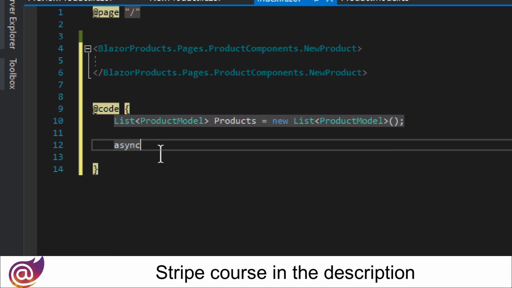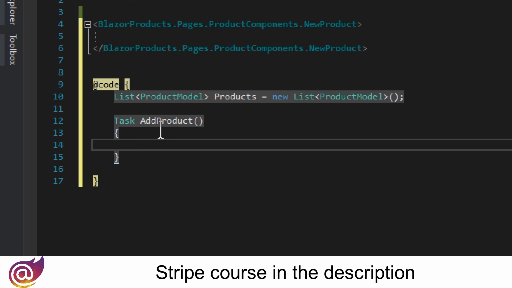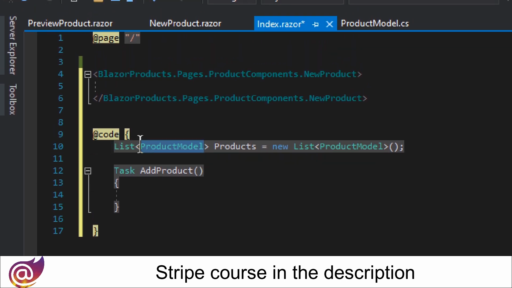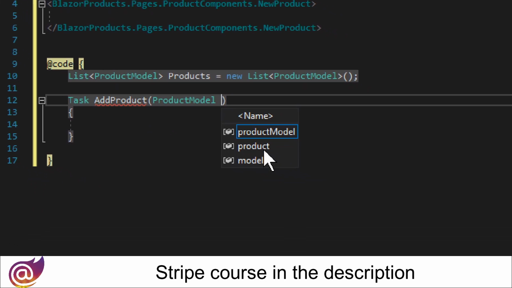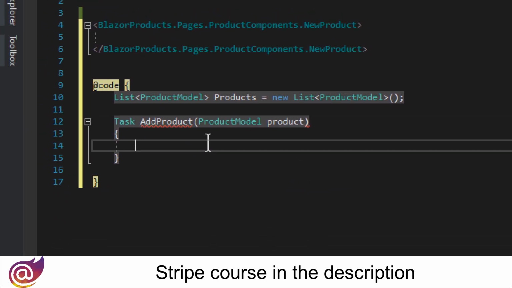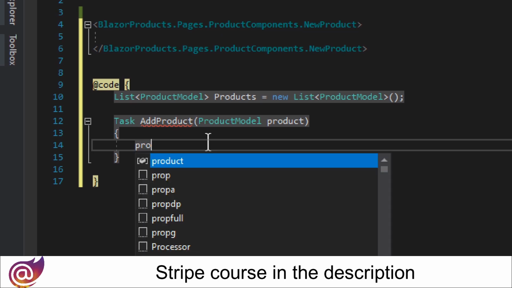Okay, so let's do async, or rather just async, or task. Then let's do task, and then let's say add product. Add product, like that. I'm going to copy that, maybe it will be quicker to save time. Again, save time, like that. We have new product, and then products, the list